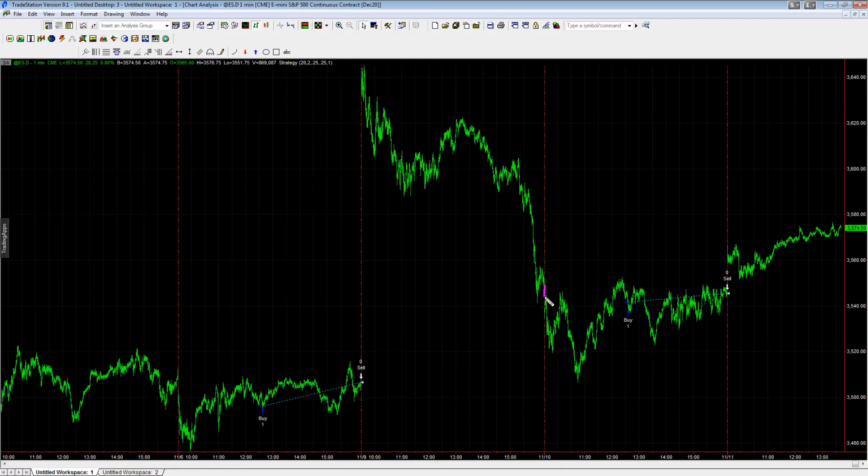Oftentimes we get this gap down, continuation, and then we get some short trades going, and then it reverses on us. And so oftentimes we can catch some big trades if it continues to the downside. This gap continuation and reversal does kind of the opposite, not the opposite, but it looks for a pattern to take advantage of the opposite of that, the gap continuation. So the market's previous day closes here, you get an opening price down here, so you have that gap down,